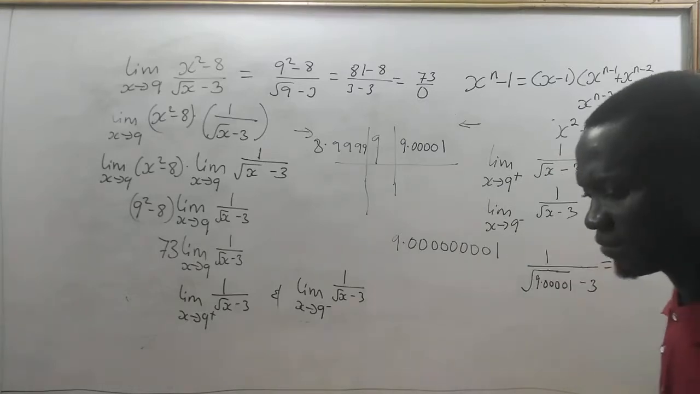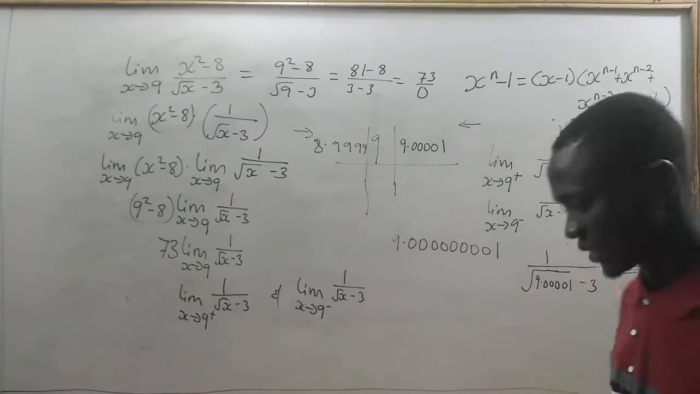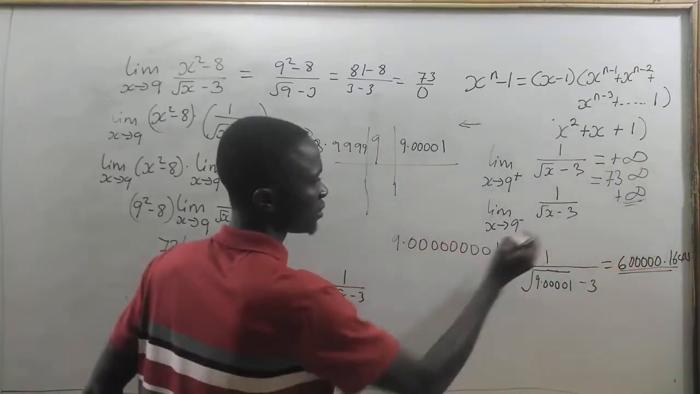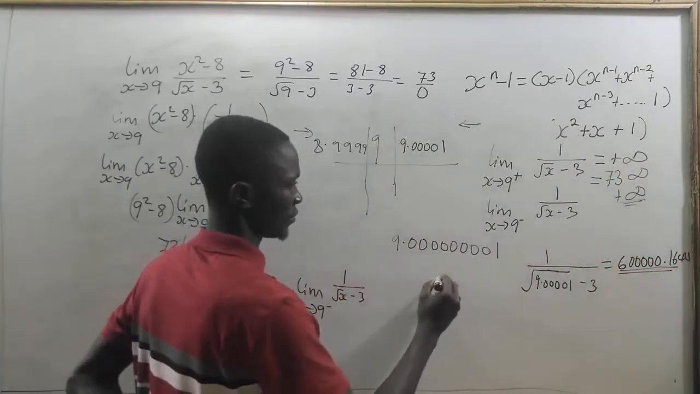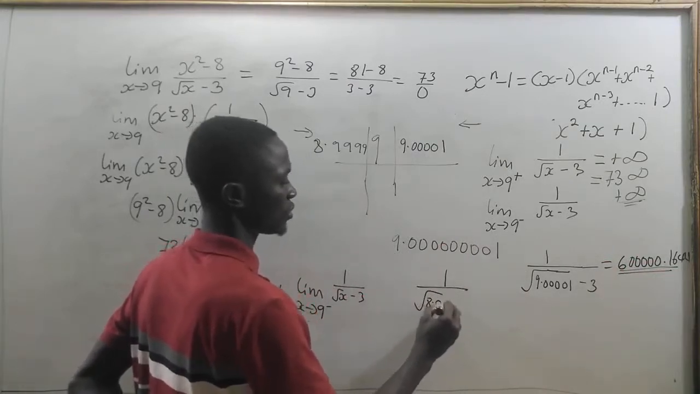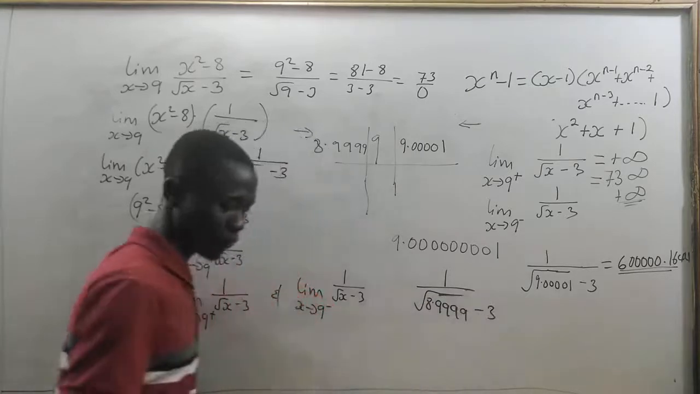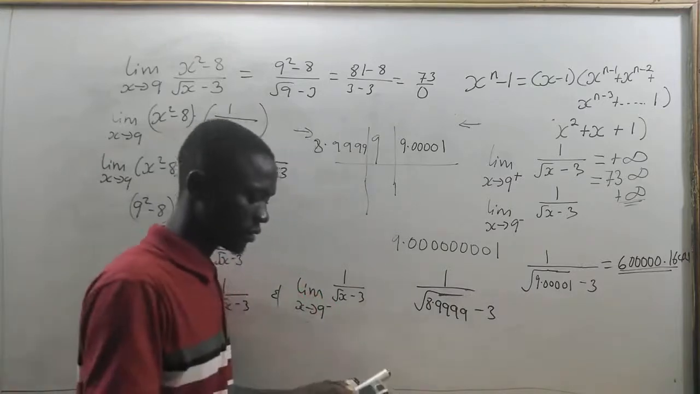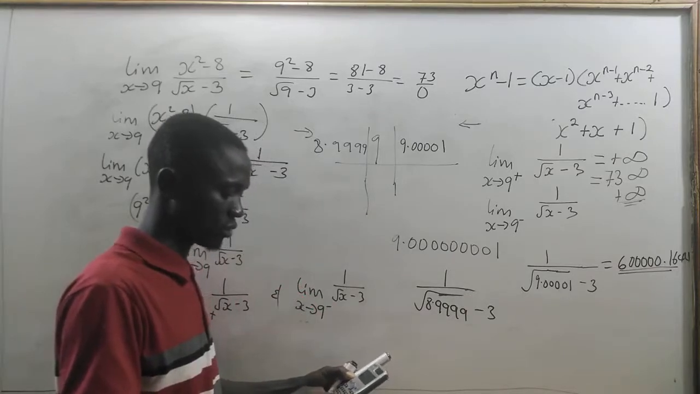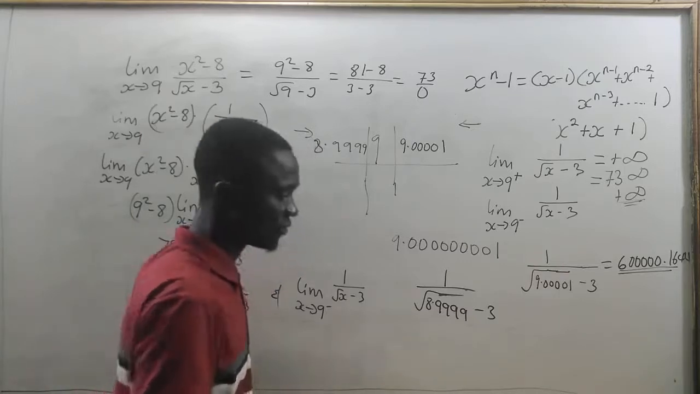Now let's look at it from the left side. Let's look at it from the left side. Now from the left side, we are going to take 1 divided by the square root of 8.1234 minus 3. Check that one also from your calculator. Sorry, minus 3. 8.1234. That one will also give us